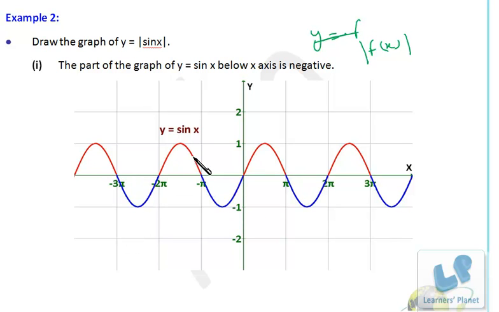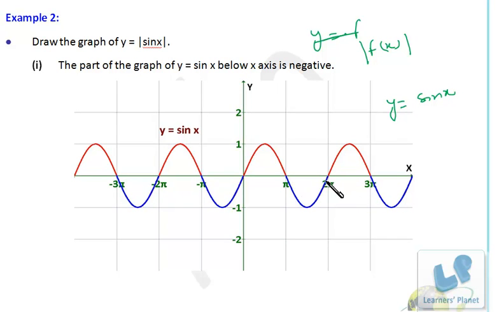So this is the graph of y is equal to sin x. Here you can see the blue line that is below the x-axis, the blue curves, right? So when we have to find out the modulus of sin x, see what exactly is happening, just listen to me carefully. When we draw the graph of sin x, some portion is negative, that means from pi to 2 pi